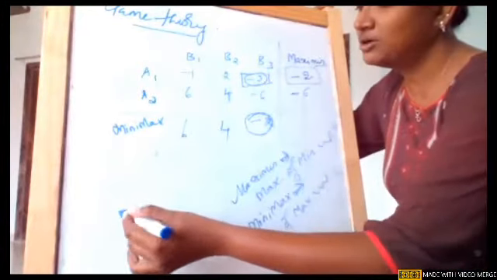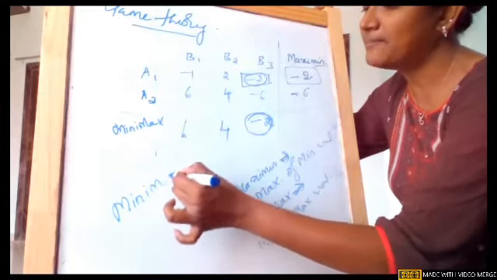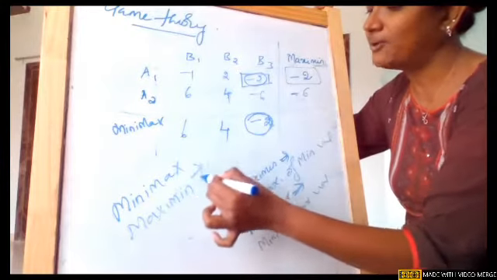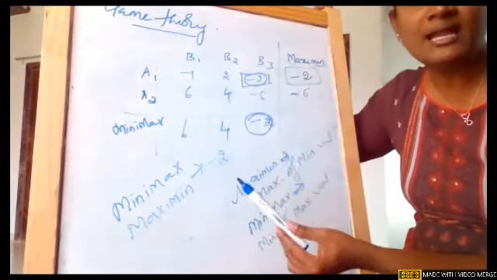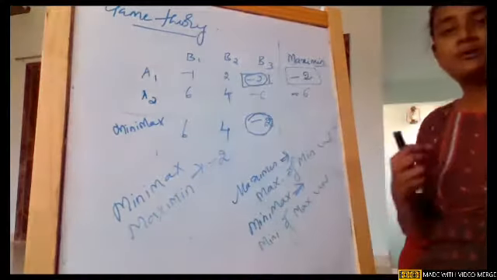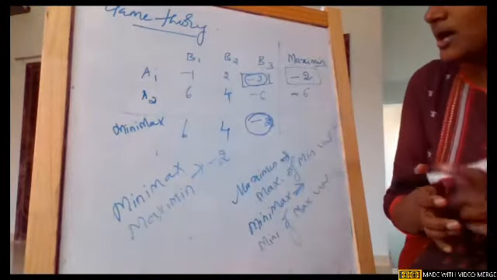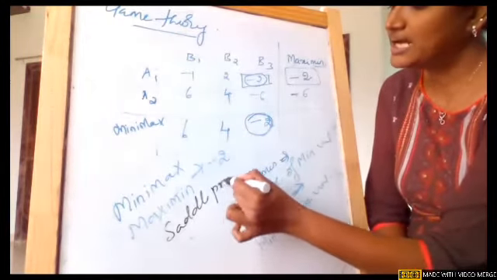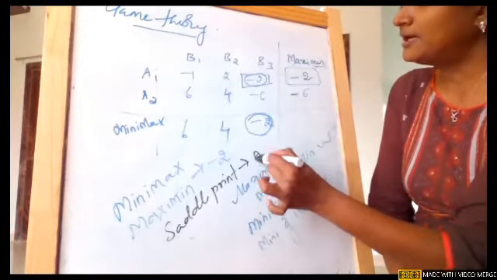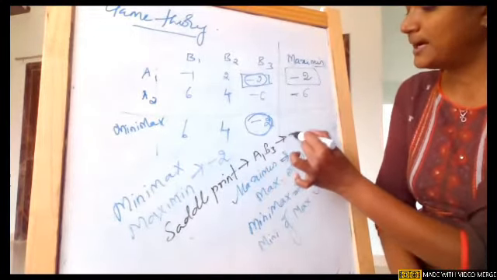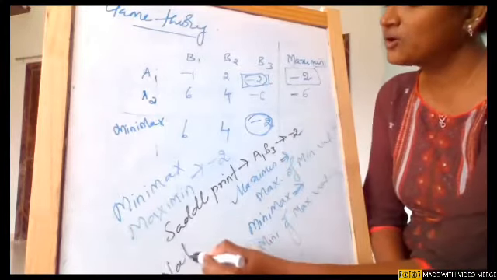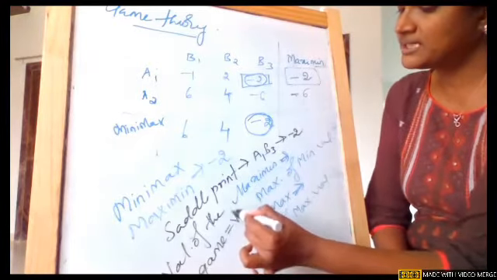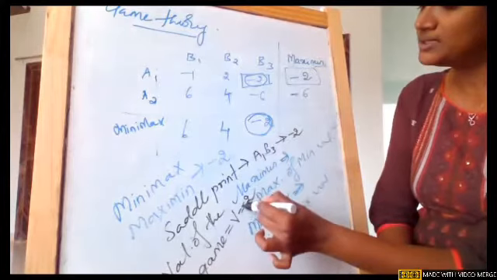So the merging point, if both minimax and maximin are the same, that I call the saddle point. As per this particular game, the minimax value and the maximin value are both the same, which is nothing but -2, and this -2 is the saddle point. The saddle point is A1, B3, which is -2, and this I also call the value of the game, which is represented with V, and V is equal to -2.